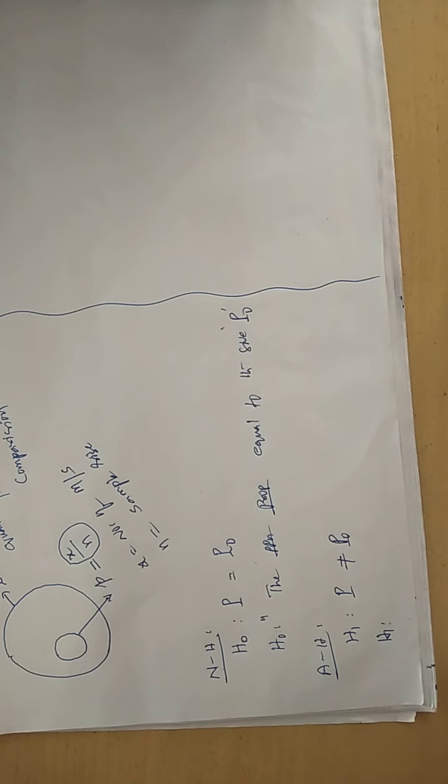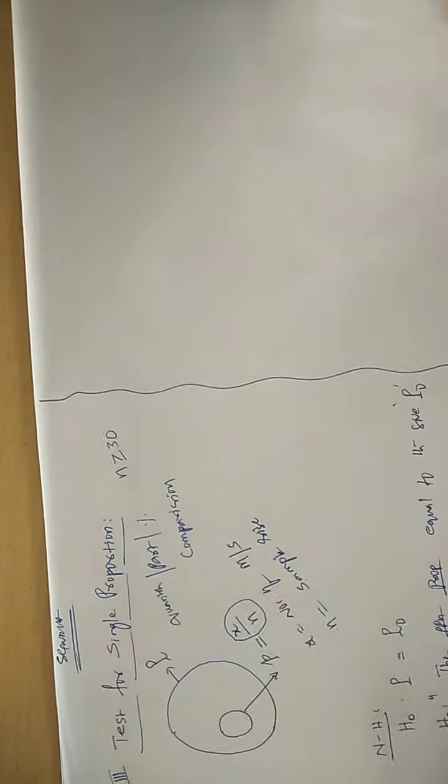Now 3 marks in your pocket. I already told you, just by writing the null and alternative hypothesis, you will be awarded 3 marks out of 10 marks. Be careful. Especially in the problematic papers, don't look only at the answer. Even having a good start, writing a formula correctly, and explaining each and every term in the formula perfectly also awards marks, understand? So you have to remember this point.